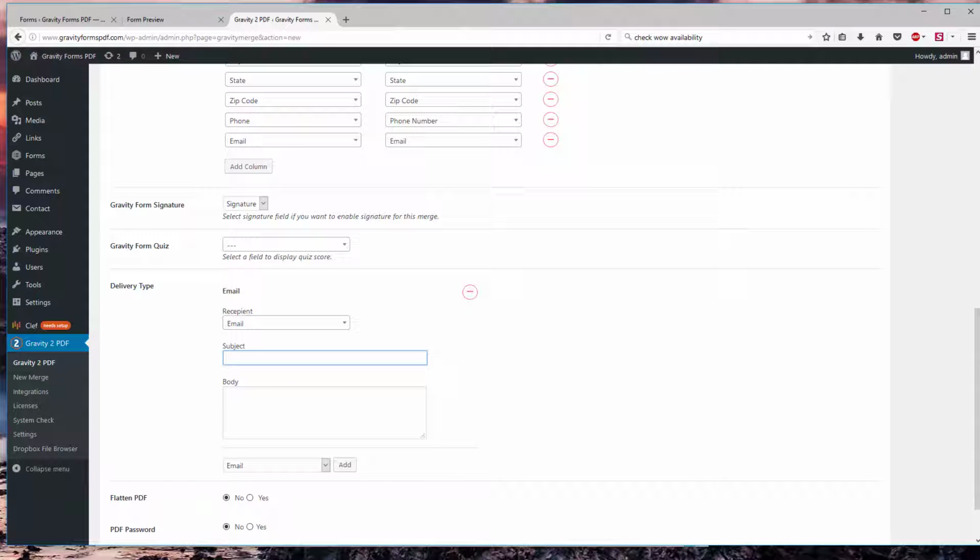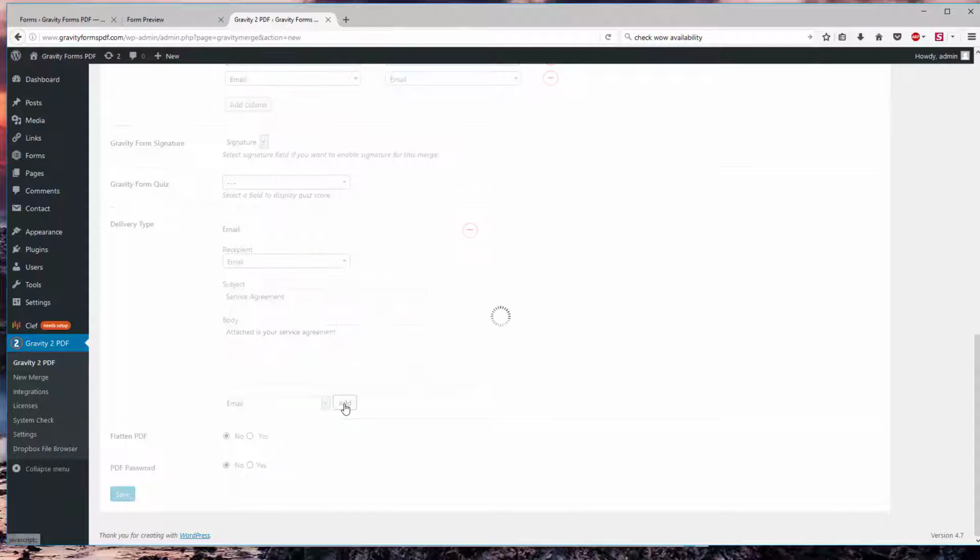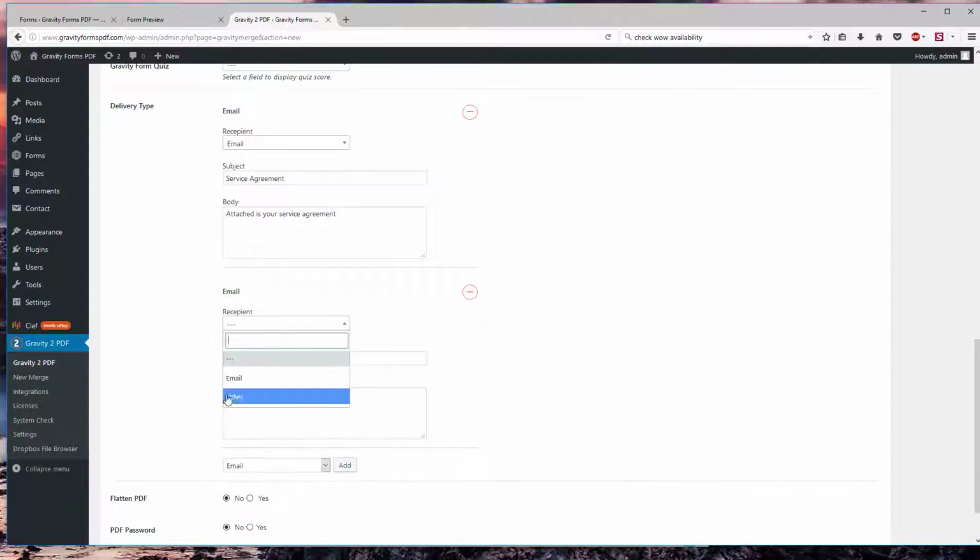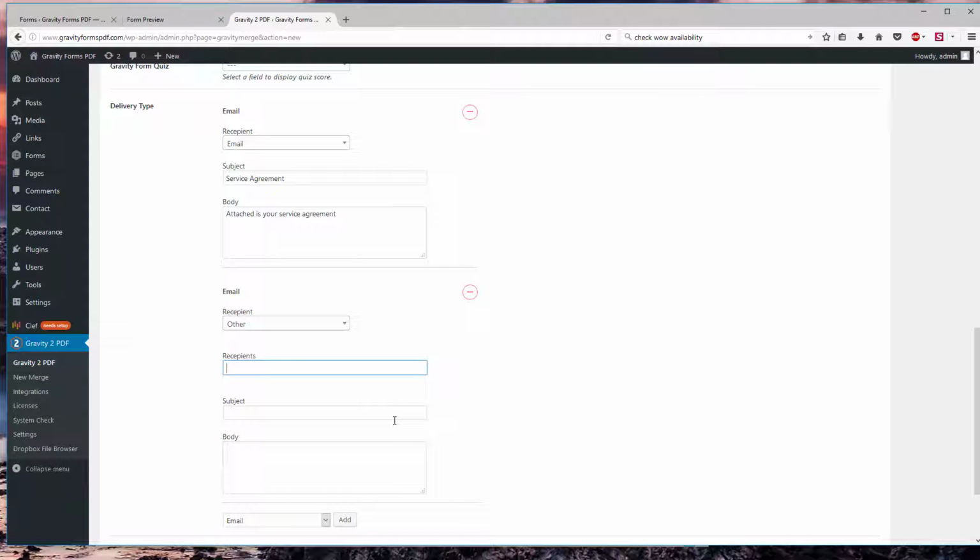to go label this, and attached is your service agreement. And then we're going to add another email, and we're going to label this to other, and we're going to call this front desk at gravity2pdf.com, and